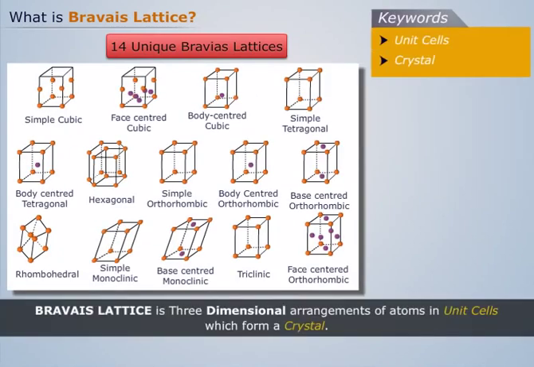Thus, Bravais lattice is the 3-dimensional arrangement of atoms in unit cells which form a crystal. The related term is